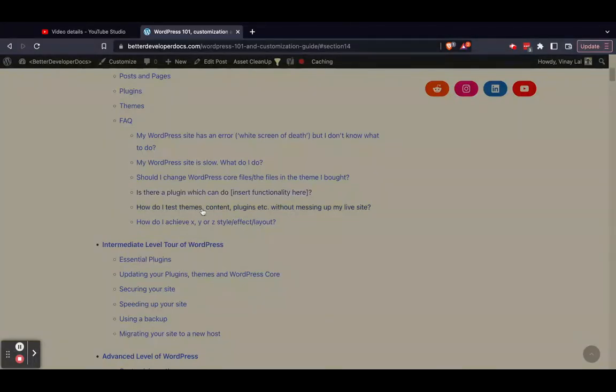We're then going to look at how you can play around with themes and plugins without messing up your live site. So how do you test them before you purchase them or actually launch them to your site? And then we're going to look at how you achieve certain styles or effects or layouts,